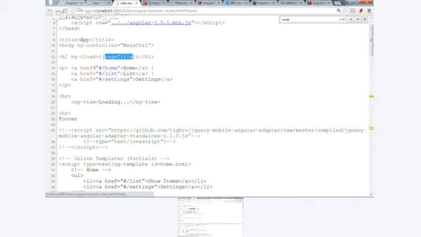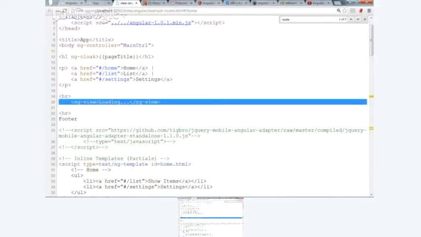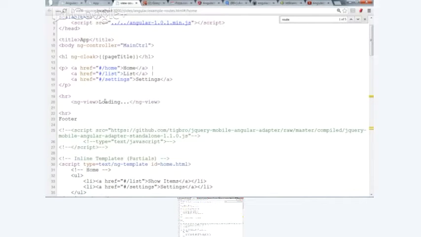And I've just got links here which Angular will pick up as routes and show those views. Then here we have a tag called ngView. Angular substitutes the content of this tag with my view.